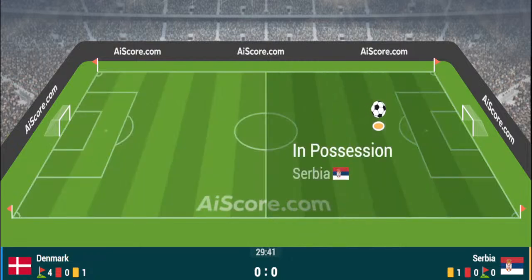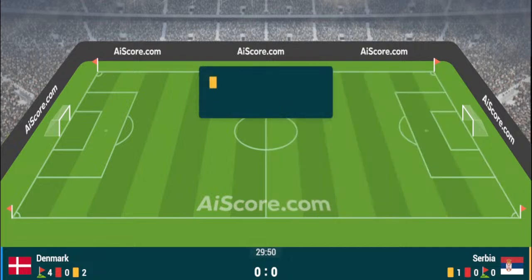Serbia in possession on their right hand side, and it was Veljkovic trying to make things happen. Now Milenkovic goes to his left hand side. All of this has been played just inside the Denmark half. Everyone behind the ball except for Rasmus Højlund. Now Rasmus Højlund's trying to apply a little bit of pressure. Rasmus Højlund's hunting down Rajkovic in goal for Serbia, and launched long into the centre circle for Serbia, where the ball will just scuttle back and drip back almost, and it will be a throw-in deep inside the Serbia half.